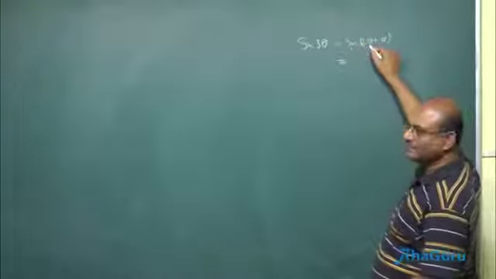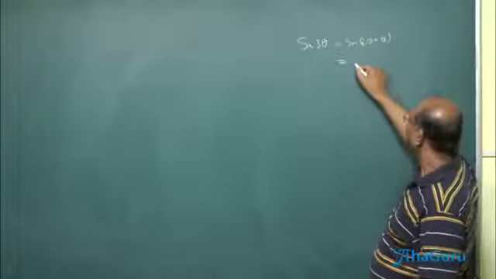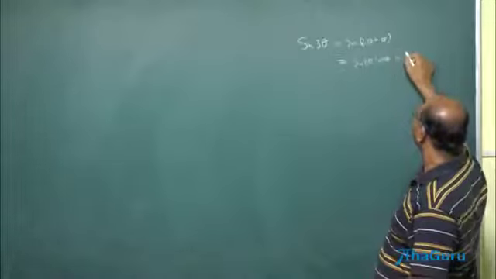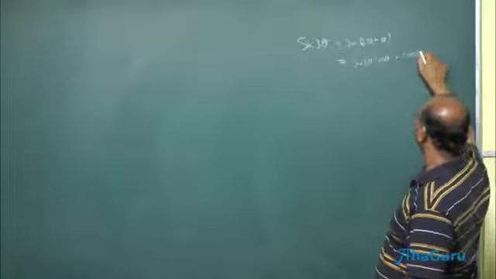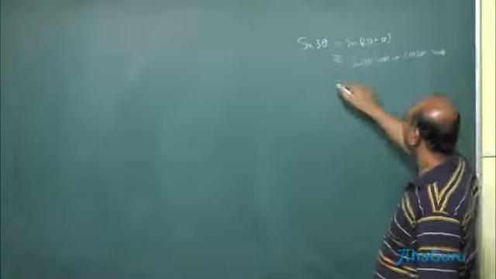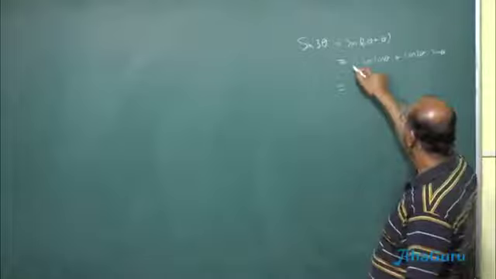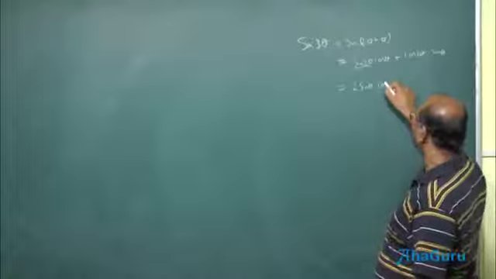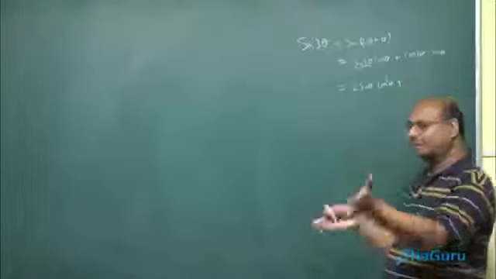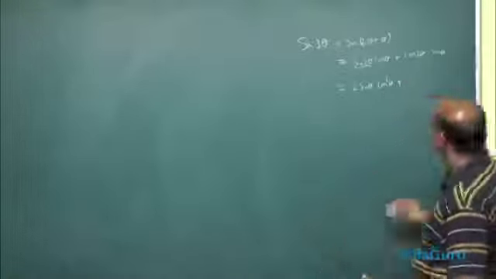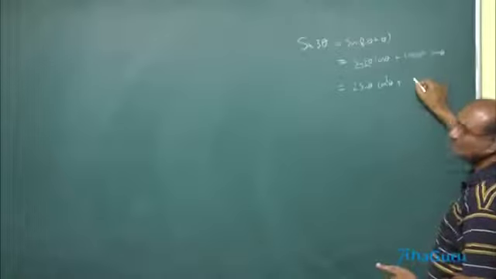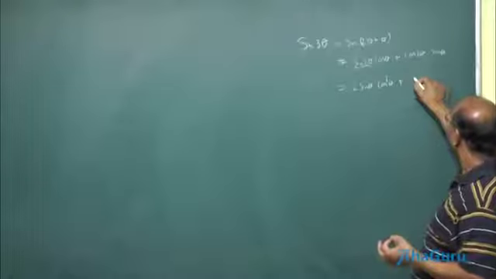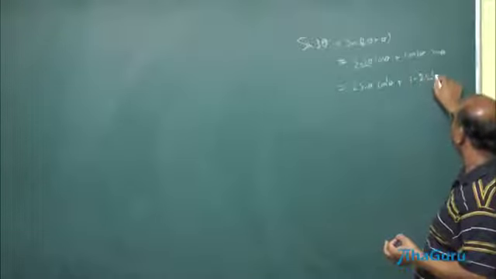So sine A cos B. So sine 2 theta cos theta plus cos 2 theta sin theta. Okay, then 2 sin theta cos theta. So this will become cos square theta. So convert everything to sin theta cos theta. That's it. Okay, and then you have this fellow, now I want everything to be in sine terms. So 1 minus 2 sine square theta.